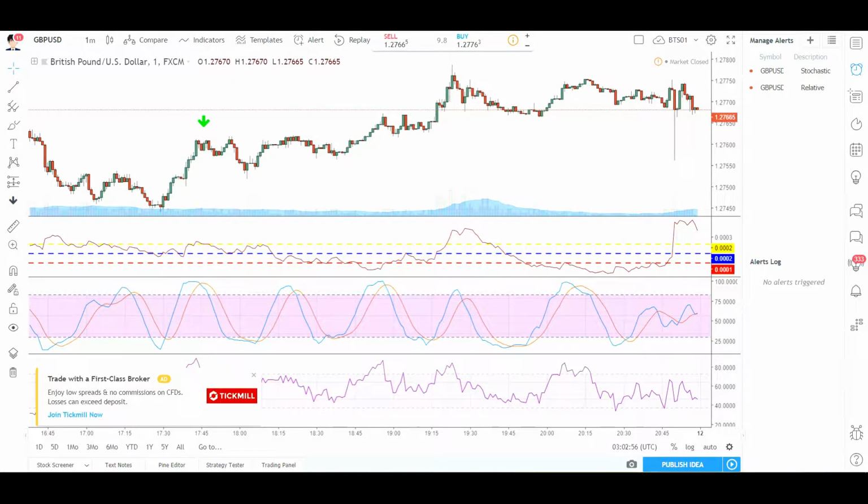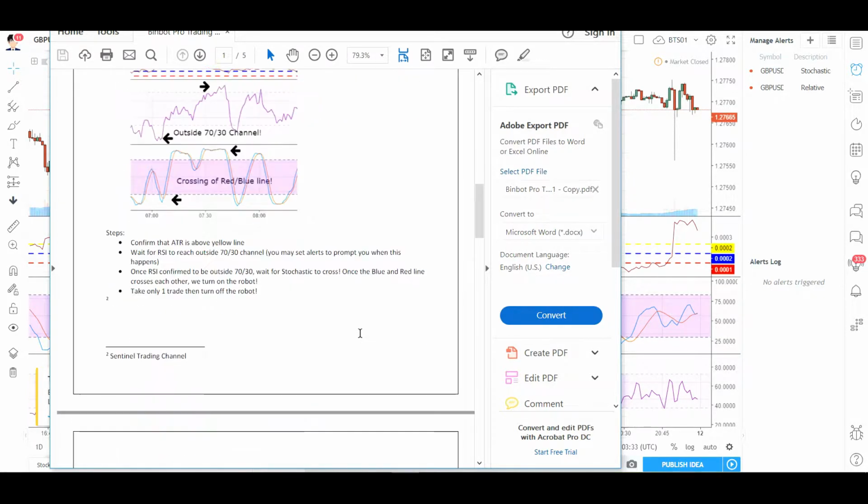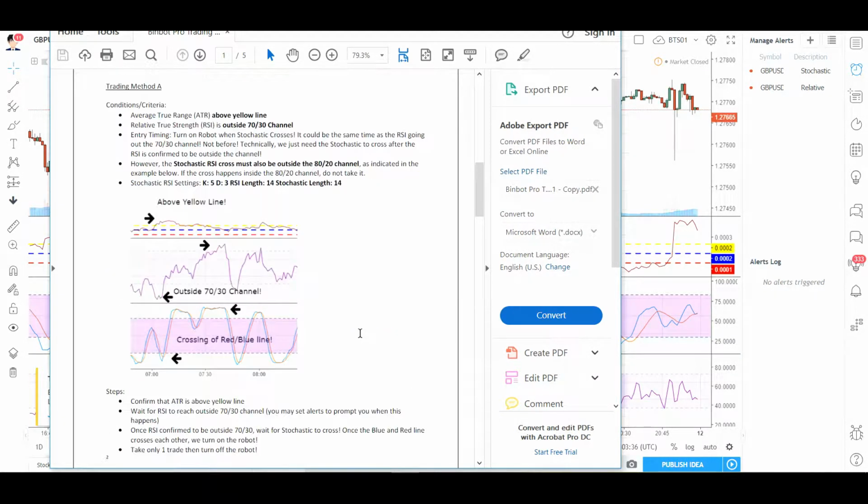Alright guys, so I'm going to talk about our trading method A. Trading method A is the method that we are going to use when the condition of the ATR is above the yellow line. So basically, if you look at the PDF file, trading method A, the conditions are the ATR is above the yellow line and the relative strength index is outside the 70-30 channel. And the rule for entry is turn on the robot when the stochastic crosses, and that is after the RSI